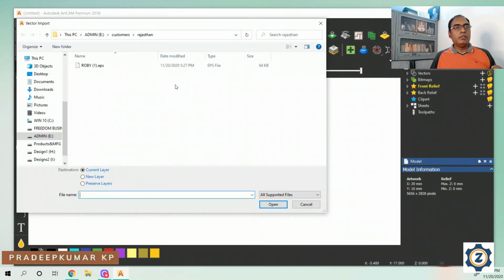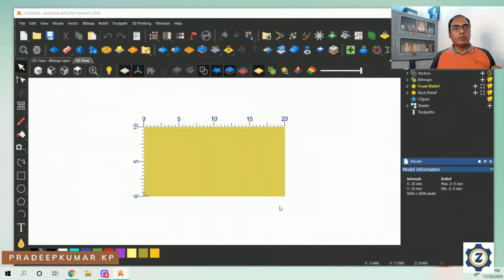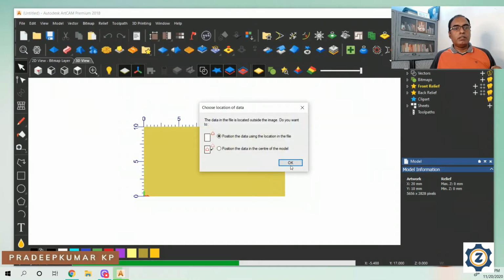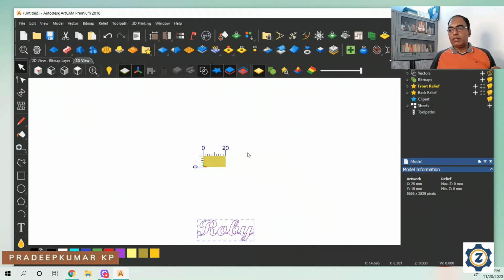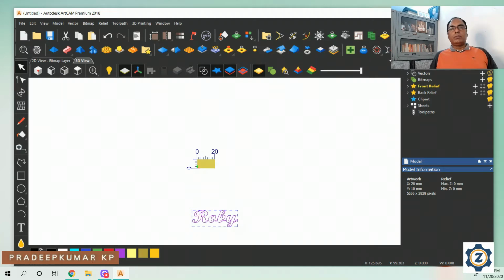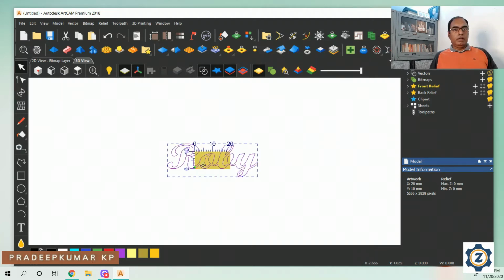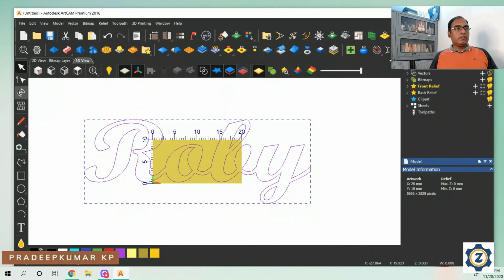So we call this particular software, and positioning, okay, location. You just bring it here. So this is the way that you can bring it in. You can bring it into the center, and you can also change the size.